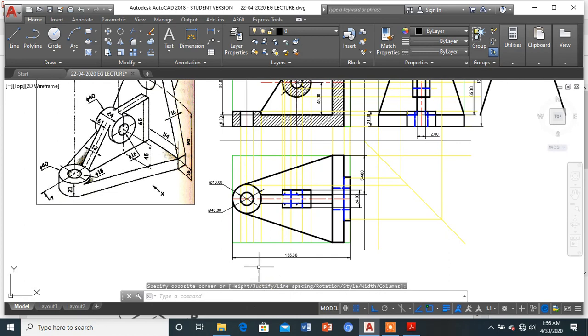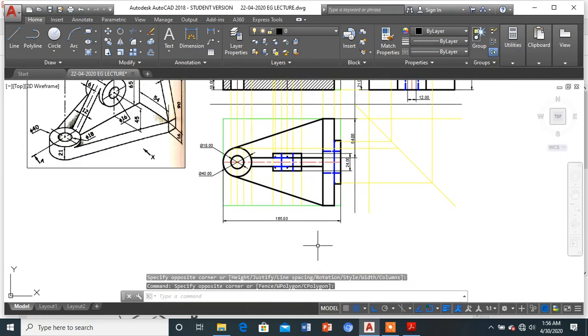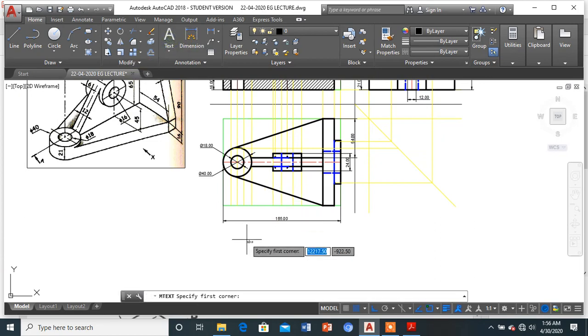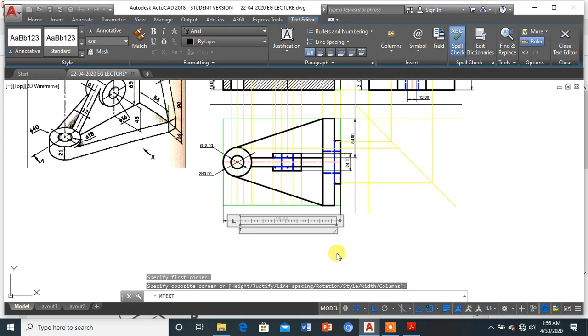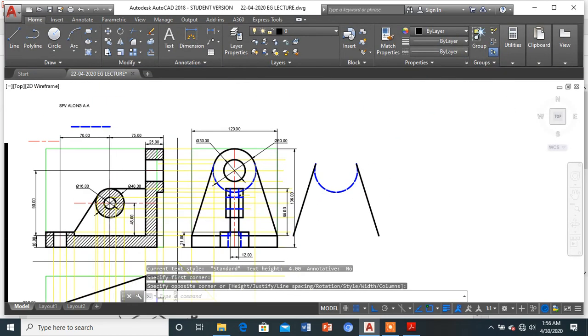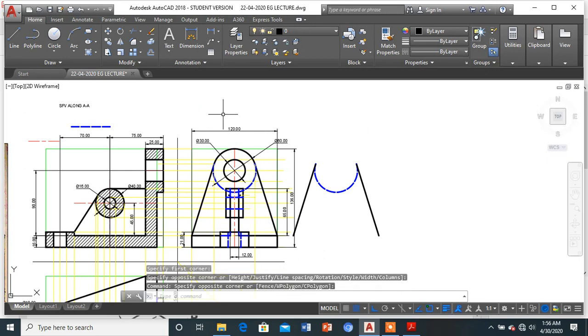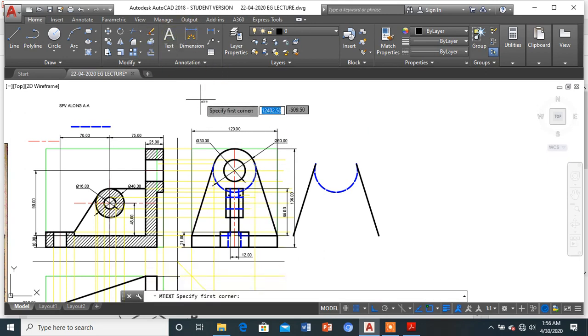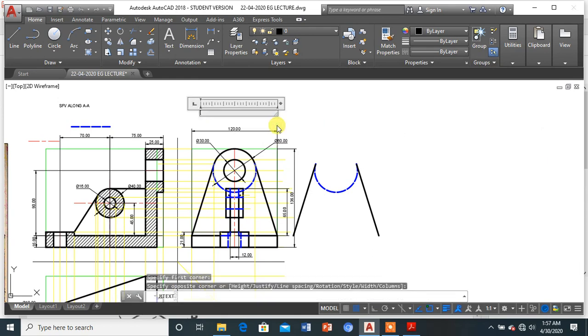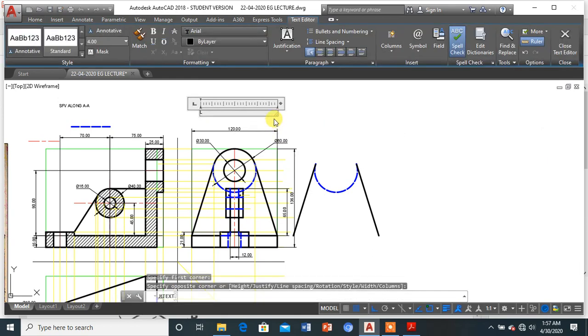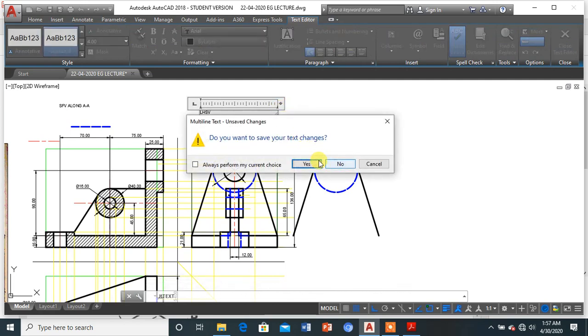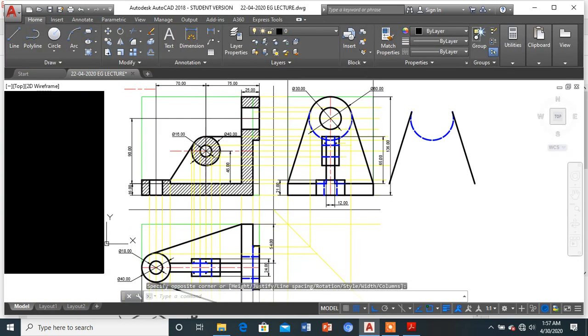Same way we'll be writing over here: this will be the top view. The top view will be written over here. And last but not the least, this is the LHS view. So now friends, as you can see, this is the entire problem which is completed.